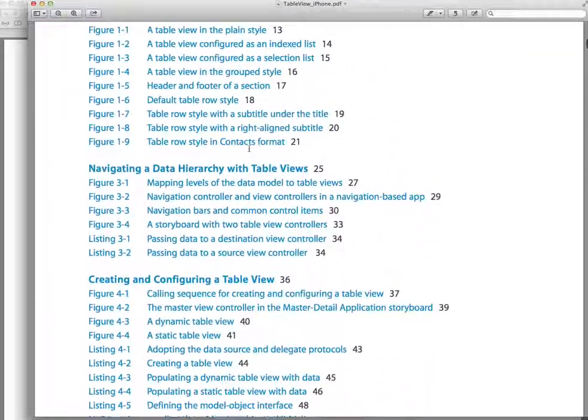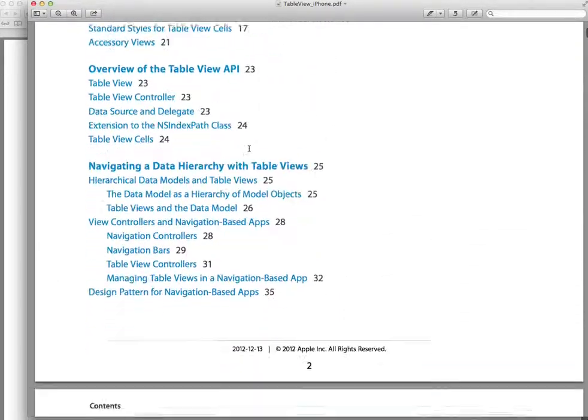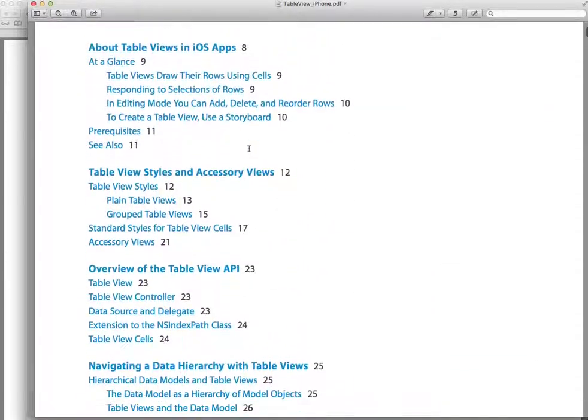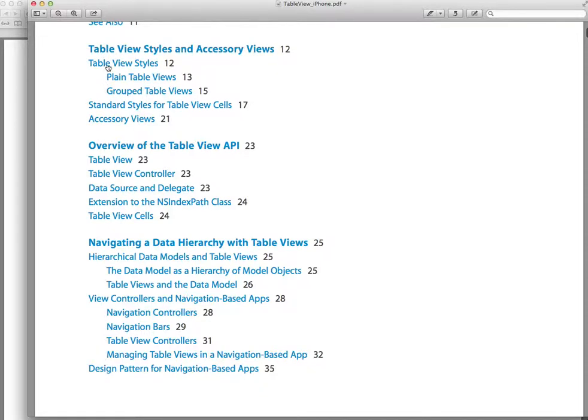As you can see in the table of contents, there is so much information in here. Most of it is an easy read, but it's about 100 pages. We have about 3 weeks. My advice is to make sure you read everything here. For all the stuff we're going to work on in the project, you can come back here and read about it. The project is not going to apply all the concepts that you see in that document, but the majority of it will be applied. The first chapter is a general overview of the table view controller. Then it goes deep into the table view.